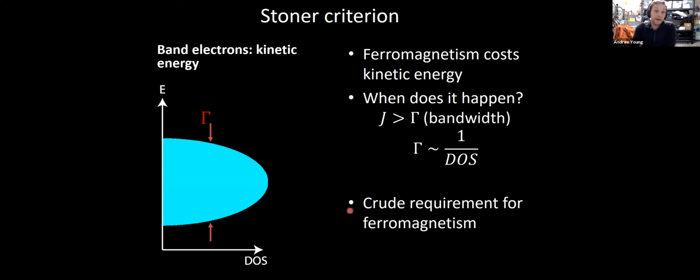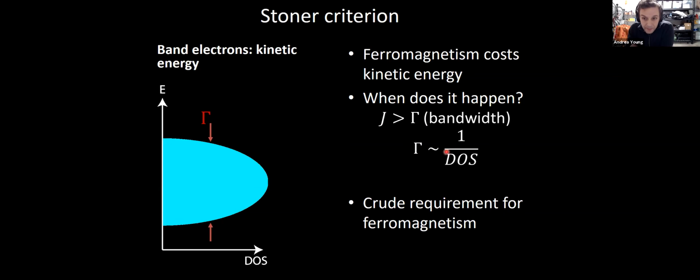Now, in solids, you have kinetic energy, right? You're not just in a small state like a molecule. You have kinetic energy, and as a result, polarizing ferromagnetically actually has to compete with that kinetic energy. And so Stoner pointed out that this was going to happen when the bandwidth was small enough as compared to this exchange coupling. That basically, if exchange is sufficiently strong, then you will favor filling, let's say, this whole band or some portion of this band in an imbalanced way with respect to spins, but that competition fundamentally comes from the interplay between exchange J and bandwidth gamma.